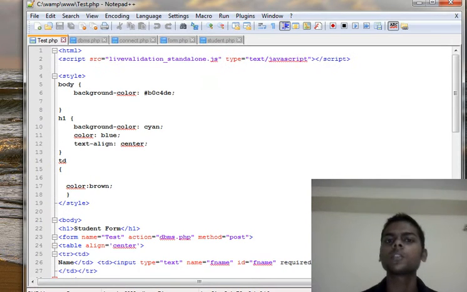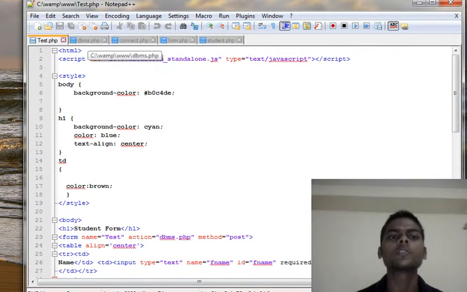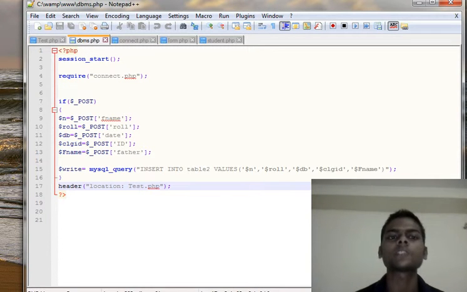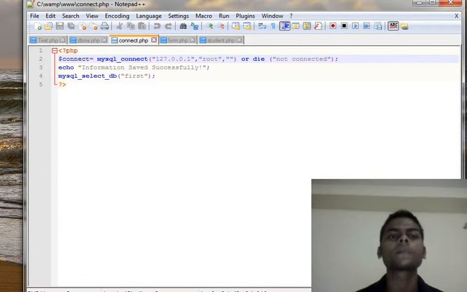Now what code is working behind this? Actually we need two files, dbms.php and connect.php. The connect.php will connect us to the database. This is the code for connecting to our database.